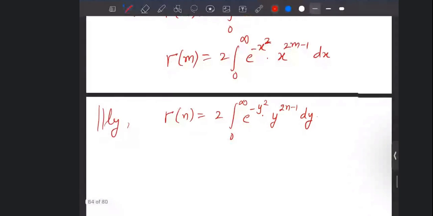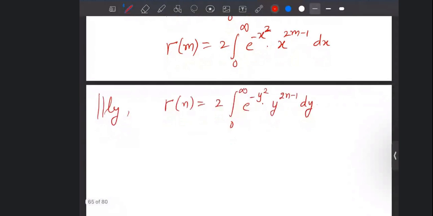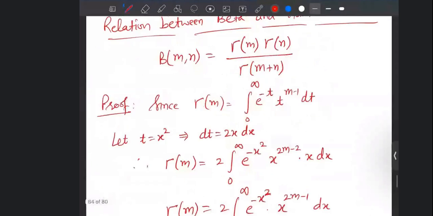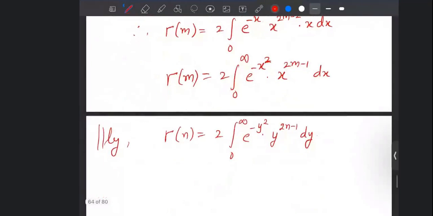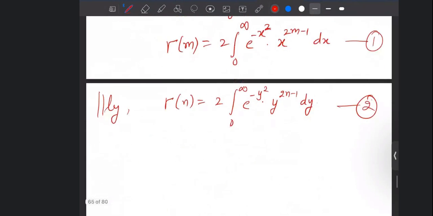2m minus 1. In the proof of the value of gamma 1 by 2, we multiplied two integrals and converted them to a double integral using some properties of the double integral. The same property will apply here also, that is, multiplying 1 and 2,